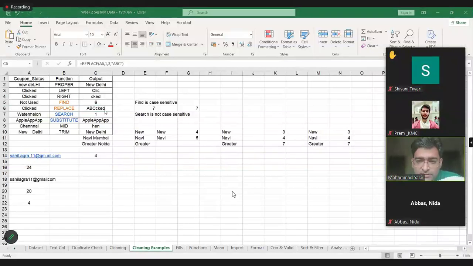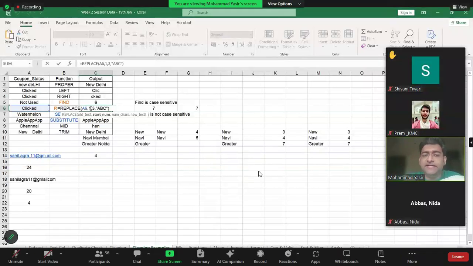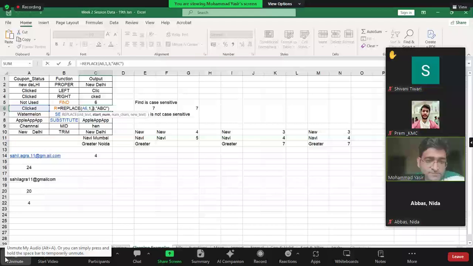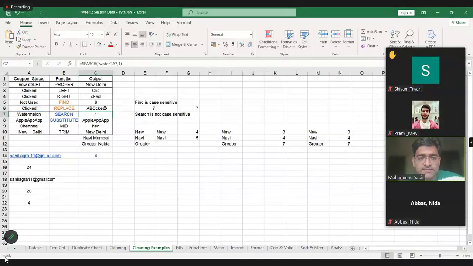Slightly complicated function, replace. It has multiple arguments. What is the old text? What character you want to start replacing from? The number of characters you want to replace. So what I have said here is replace CLI with ABC. Is this clear?